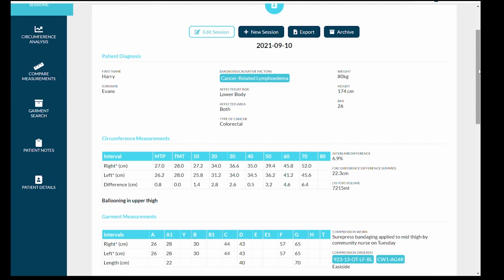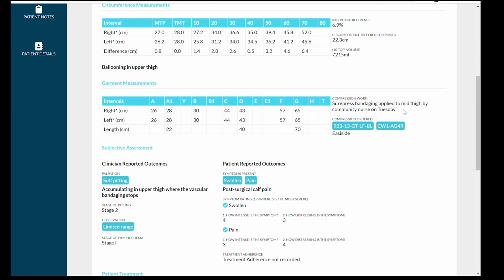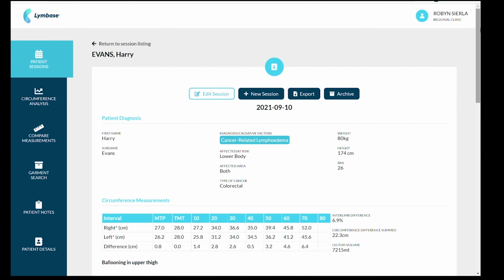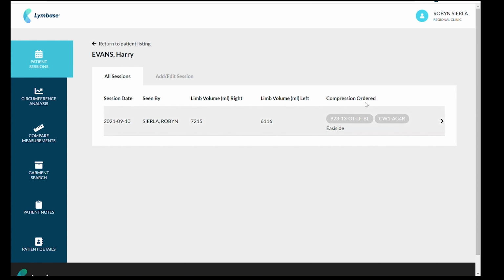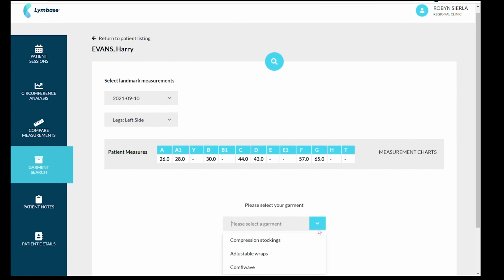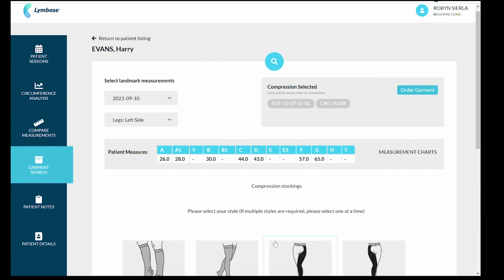So it will be listed not only here, but it will also be listed if you go to Harry. Let's go back to Harry's sessions. You'll end up with a list here of all the compression that you've ordered over time. And so let's go back to the garment search itself. It doesn't matter how you get to that page, but if you click one of those options, you'll get back to this page here. If I order this garment now,